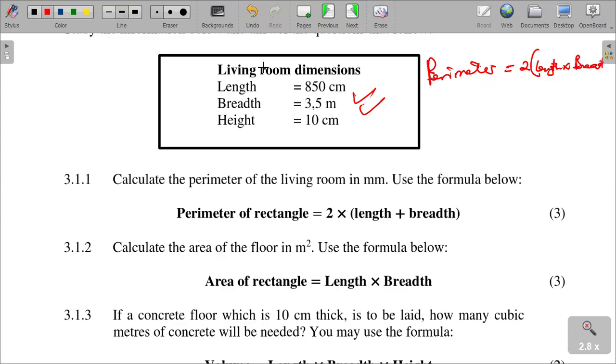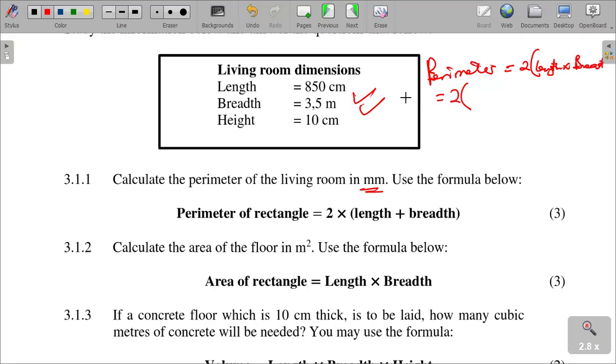So when we get that, we are saying our answer should be in what? In millimeters. Remember to give your answer in millimeters. So this is equals to 2 times,